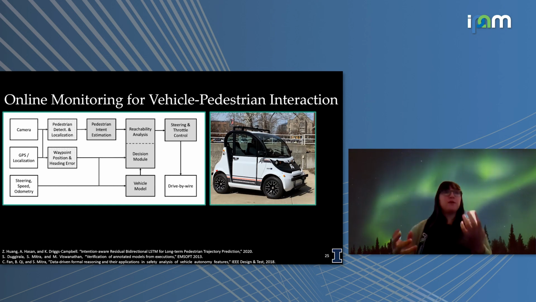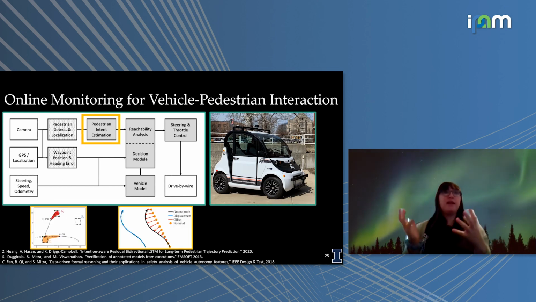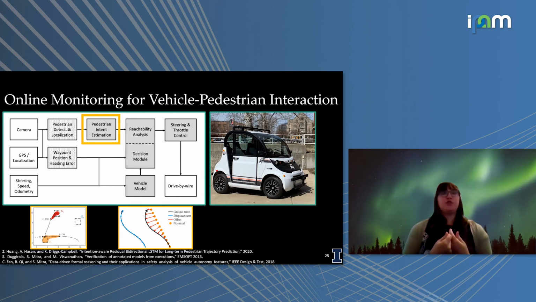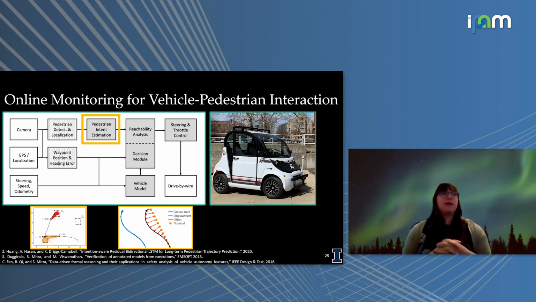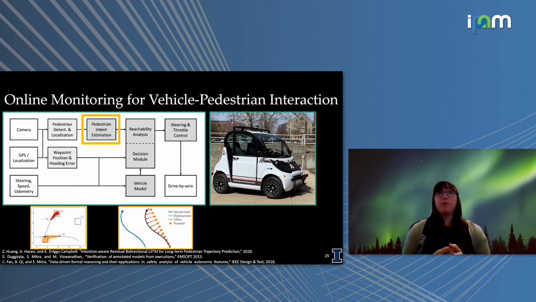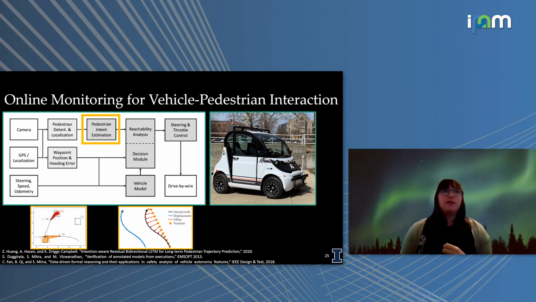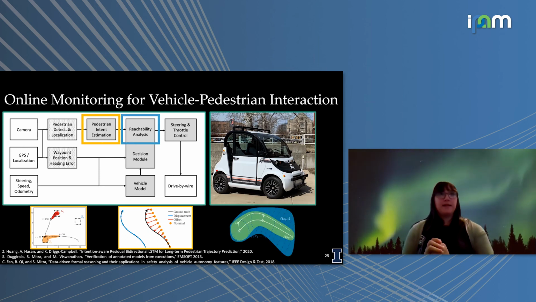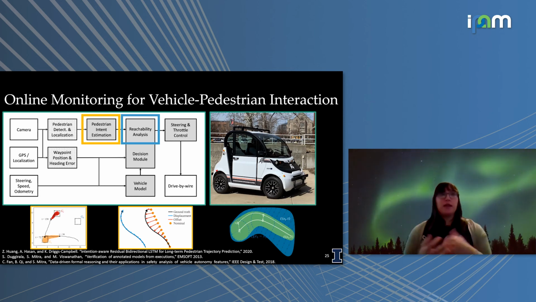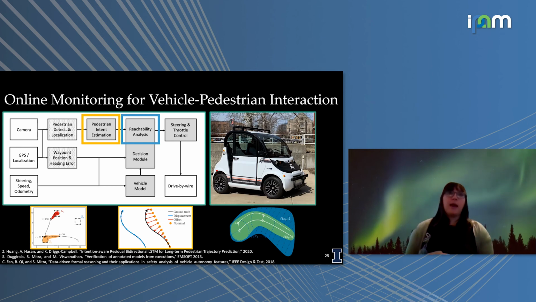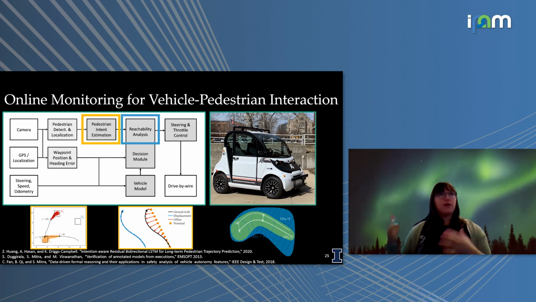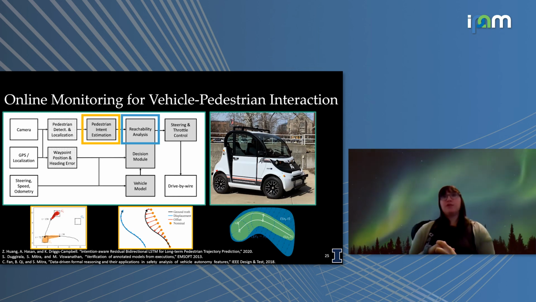As we talked about for the most part today, we have this pedestrian intent estimation here. We can use this to generate or propagate trajectories out, so we have a pretty solid prediction of where the pedestrian is going to go. We then want to pass this down into a reachability analysis tool so we can determine how likely a collision is and determine what the safe action is going to be. Then we want to pass this to the low-level controller and make sure we can execute our control as anticipated.